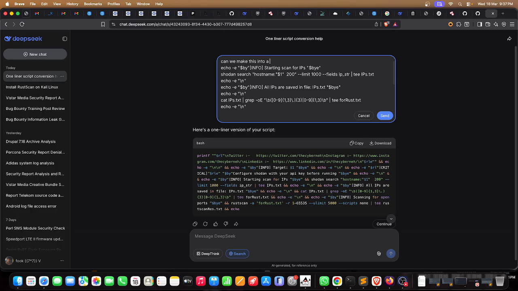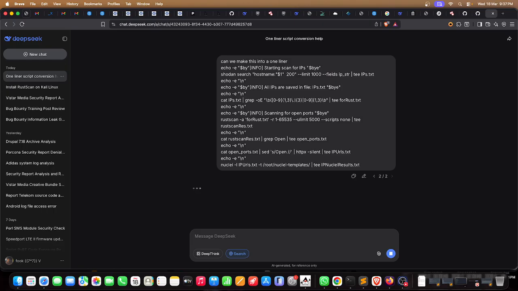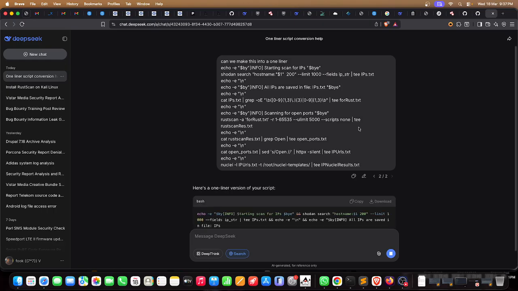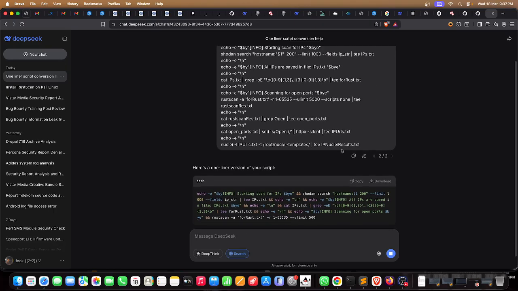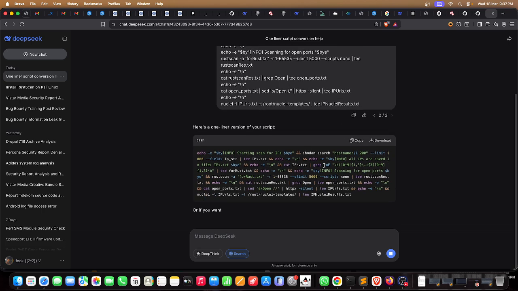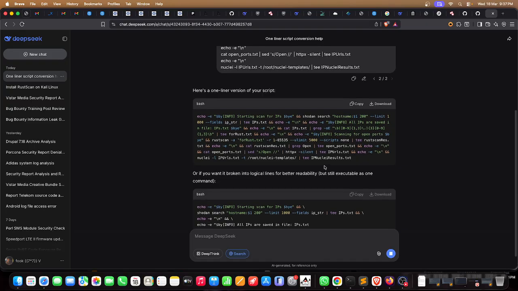I prefer Rustscan in many cases, that's why we are going to use this one. If you don't want to use Rustscan, go with the IP recon one if you're using it on your local machine, because Rustscan asks for a hell of a lot of